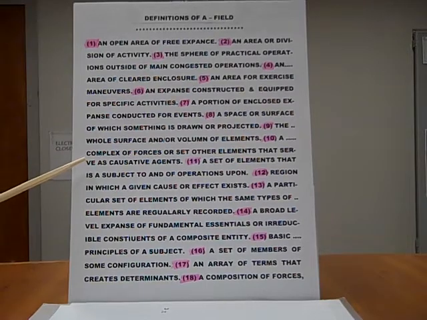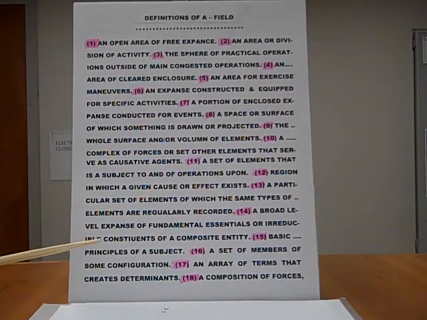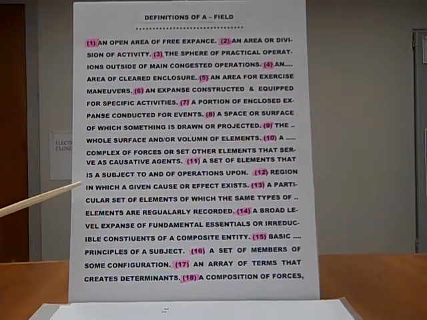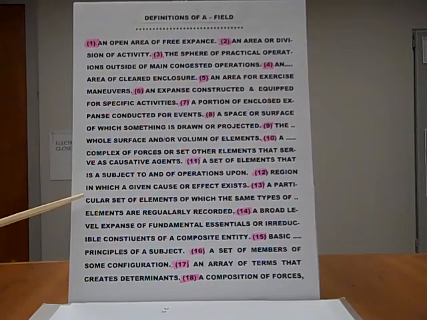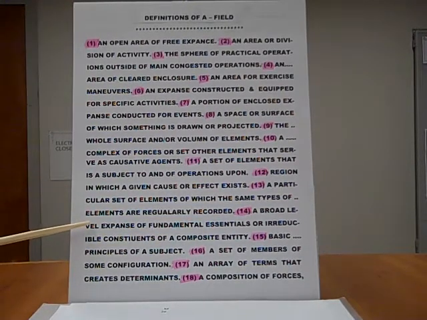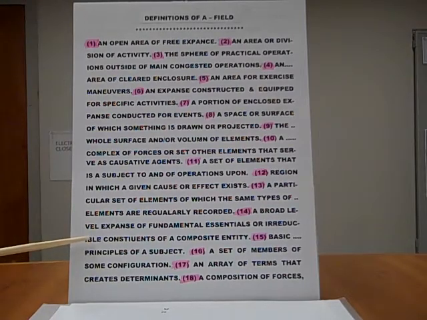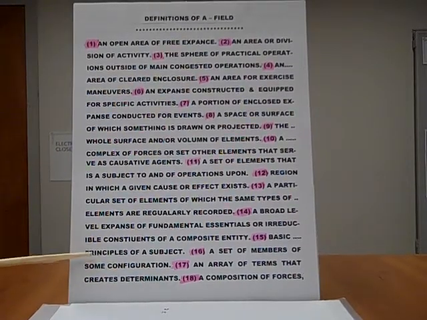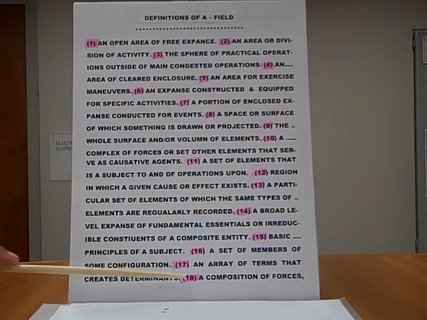10, a complex of forces or set of other elements that serve as causative agents; number 11, a set of elements that is a subject to and of operations upon; number 12, a region in which a given cause or effect exists; number 13, a particular set of elements of which the same types of elements are regularly recorded; number 14, a broad level expanse of fundamental essentials or irreducible constituents of a composite entity; 15, basic principles of a subject; number 16, a set of members of some configuration; number 17, an array of terms that creates determinants; number 18,